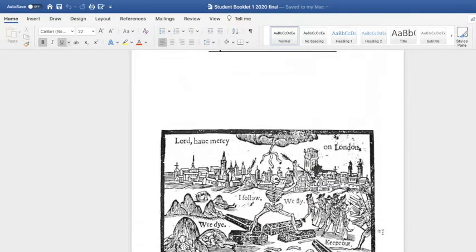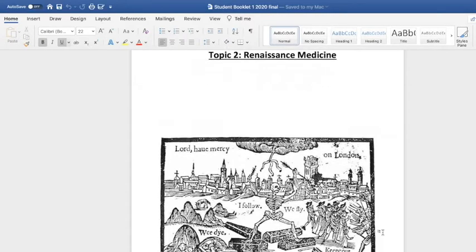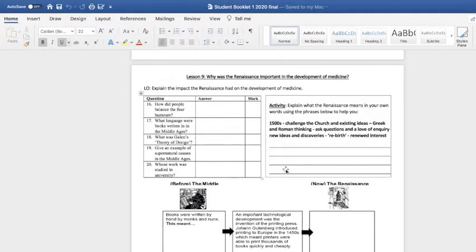So, what we are looking at in today's lesson, the name in itself, the Renaissance period, is looking at this movement of looking back to the ancient world. It's the rebirth of classical, so in the Roman times, classical ideas about philosophy, knowledge, arts, culture, and the idea of coming out of that darkness of the Dark Ages.